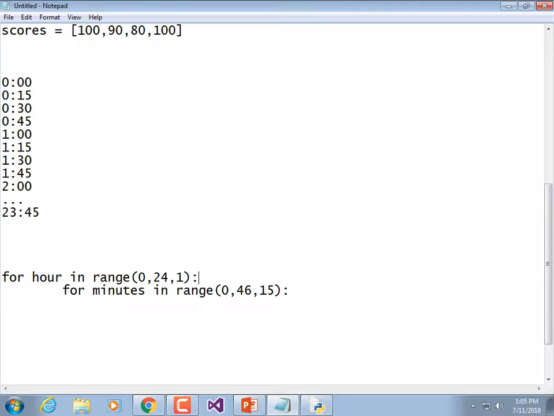Absolutely nothing wrong with giving it more information. All right, and then now when I print it out, this is not going to look totally good because it's only going to print out one space if it's a 0 rather than 2 zeros, but we'll deal with that. Placeholder, colon, placeholder,